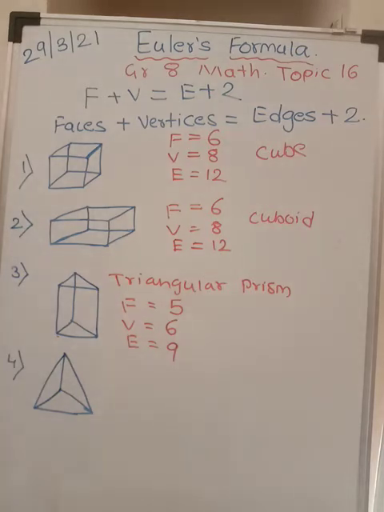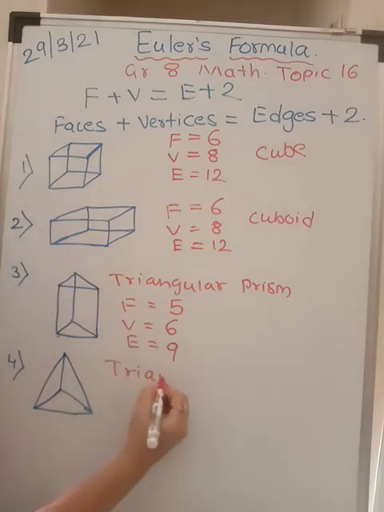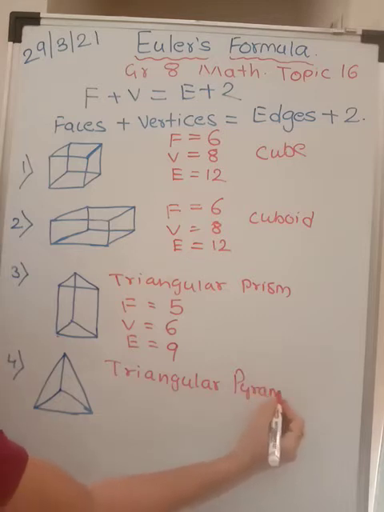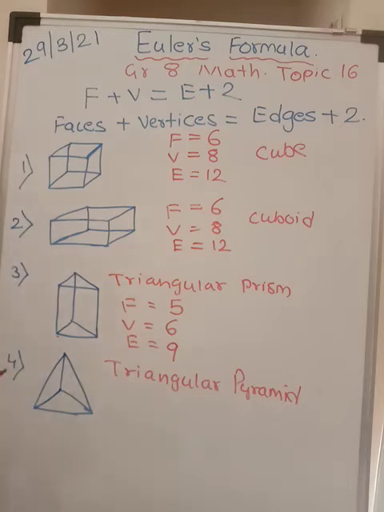Now you have the triangular pyramid. Look at this. In the triangular pyramid, how many faces do we have? 1, 2 and only 3 faces. So faces, vertices and edges. How many vertices? 1, 2, 3, 4. Faces are, this is 1, this is 2 and this is 3. Vertices are 4. 4 plus 3 will be 7. 7 minus 2 will be edges.